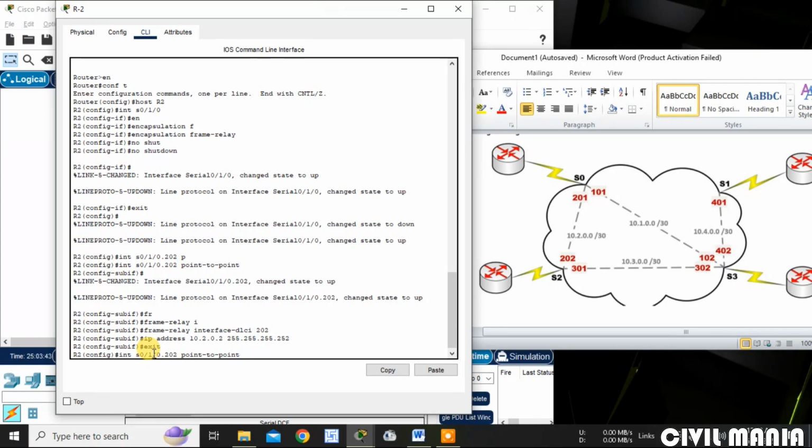Now again, after that, interface 202 is done. Next is 301 point-to-point.